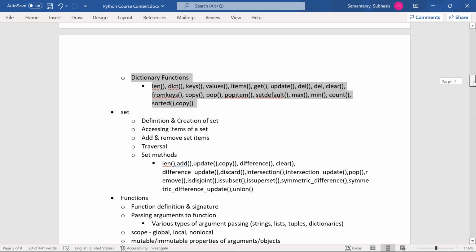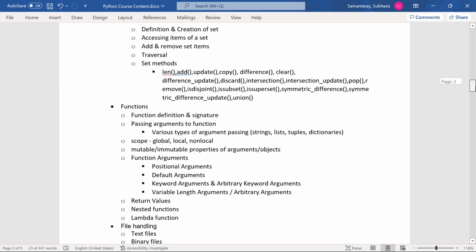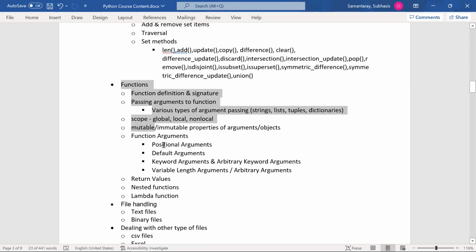In our future sessions, we are going to learn functions, and this is going to take at least 2 or 3 sessions to have meaningful knowledge of functions. So with this, we are done for the day, and I'm just stopping the